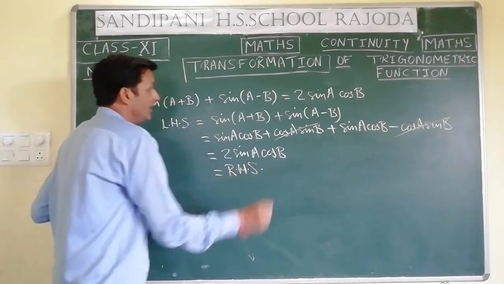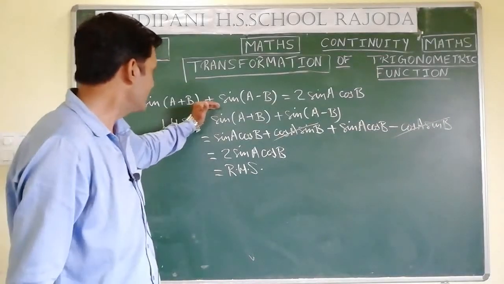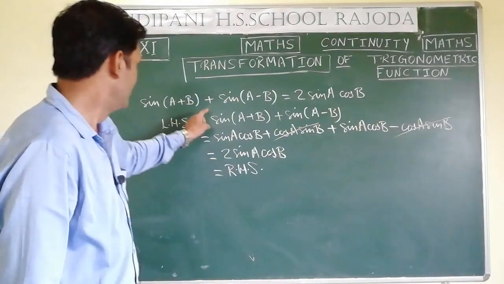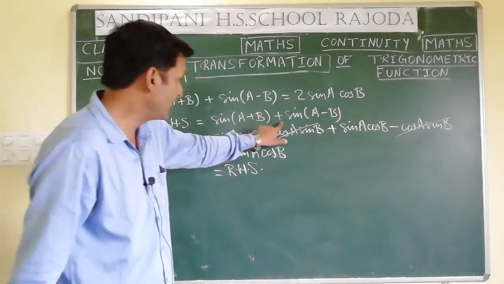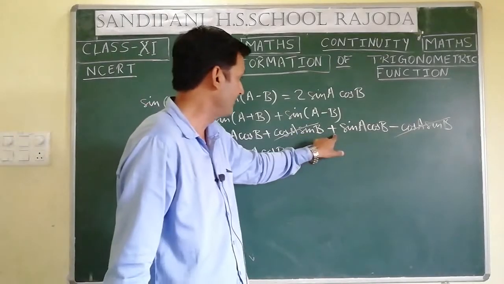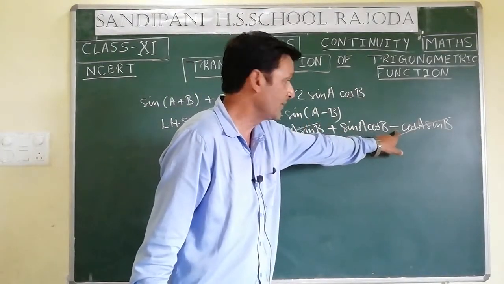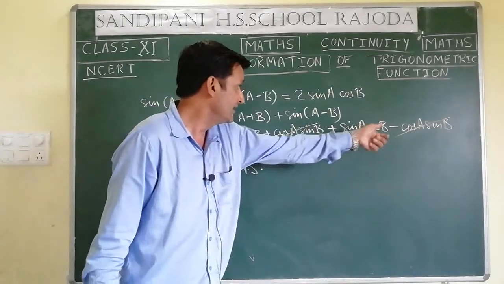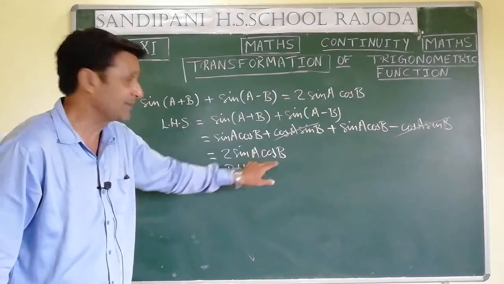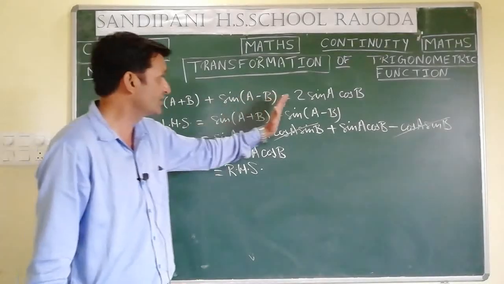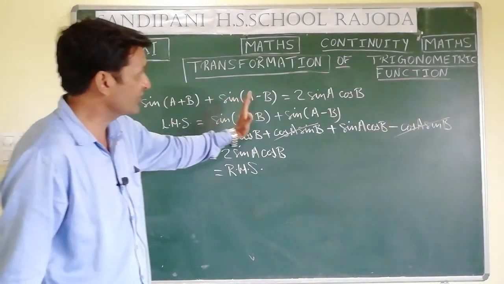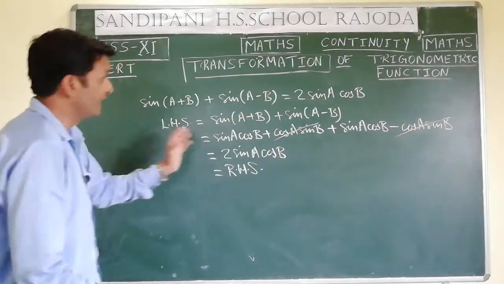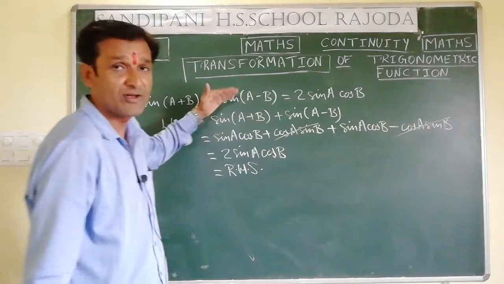Now let me tell you one thing. Suppose it has a negative sign, then it will be transformed into another form. Suppose we take minus here, then this will become a negative sign and this will become positive. So sin A cos B will be cancelled, and in that particular case it will be 2 cos A sin B. So this is for the sin function, which is transformed into a sin-cos function in the form of a product, while here it is in the form of summation.